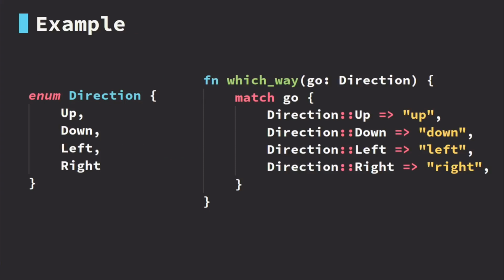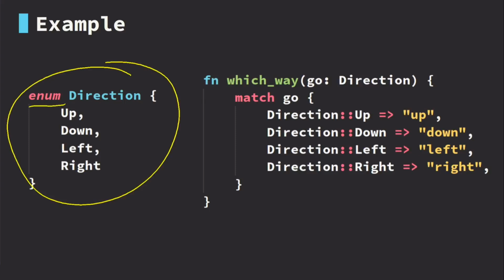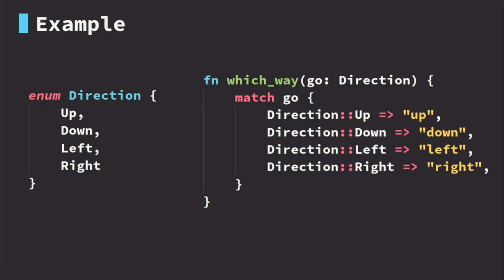Here's an example. On the left, we have an enumeration created using the enum keyword. To create an enumeration, we use enum followed by the name we want to give it, and then each entry here is called a variant, which are also names that I decided to give this enumeration. Each variant is ended with a comma, and the comma is optional on the last variant. What this means in Rust code is that this direction enumeration can be one of 4 different possible pieces of